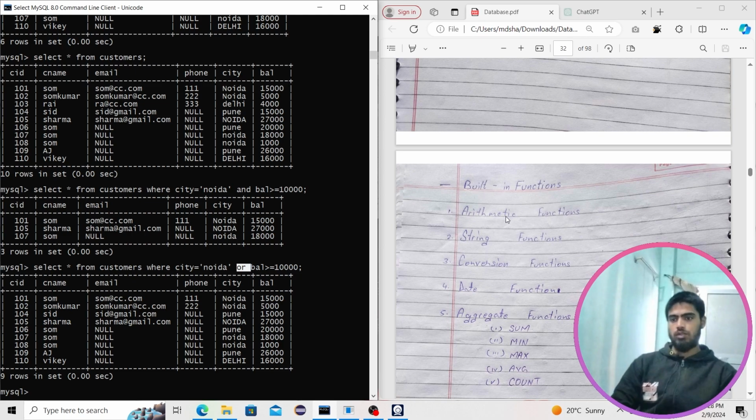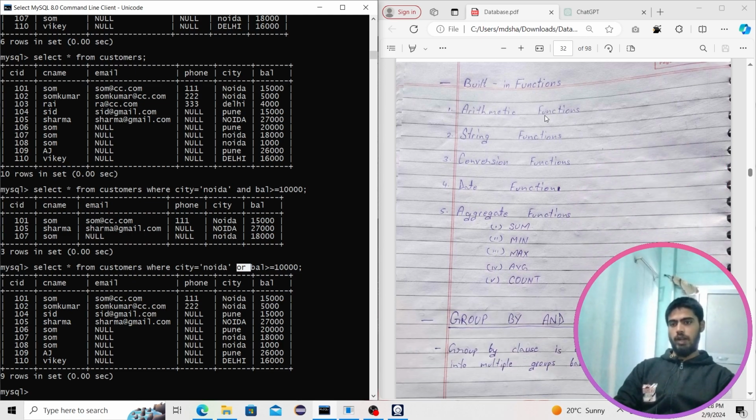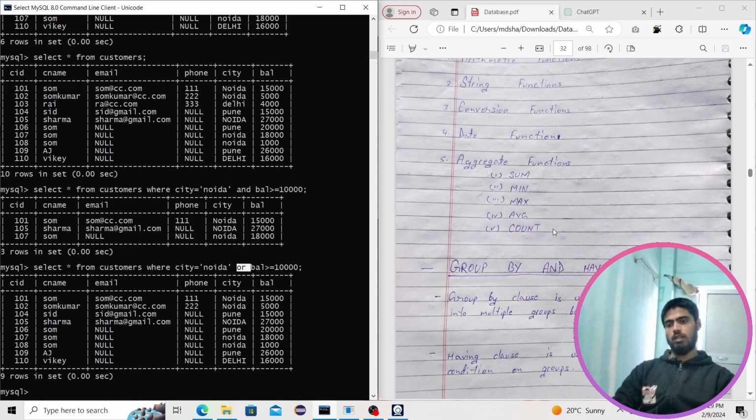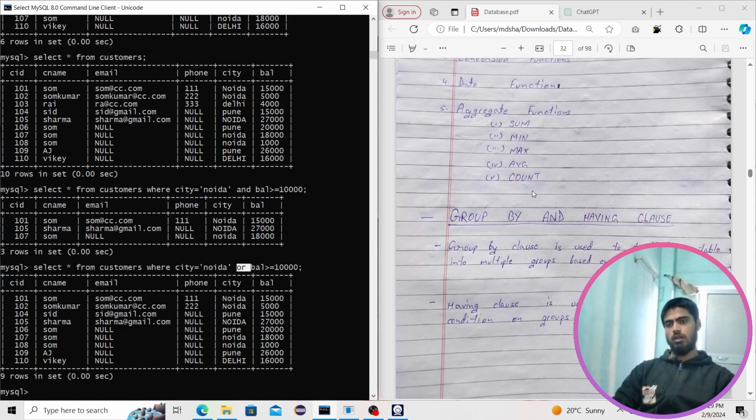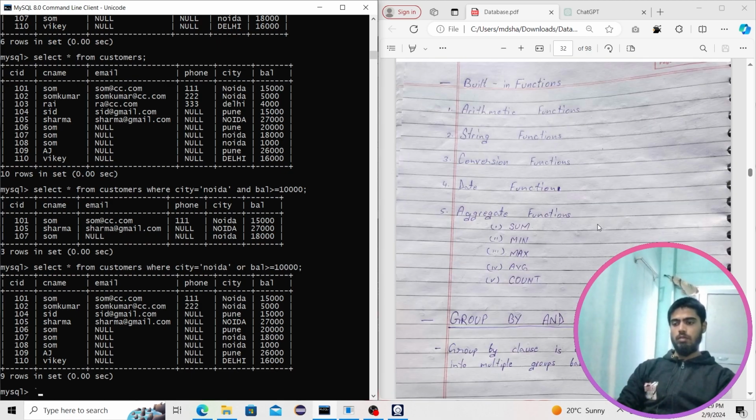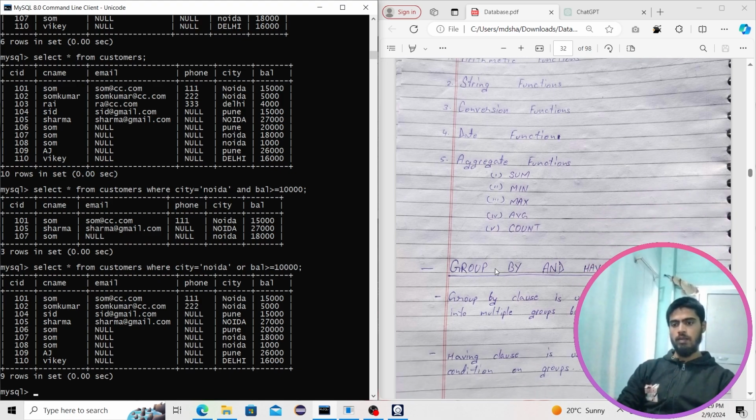Built-in functions: we have arithmetic functions, string functions, conversion functions, date functions, and aggregate functions. We are going to focus more on aggregate functions in this particular tutorial. Before going on to the syntaxes of how to use sum, min, max, average, and count, which are aggregate functions, let's understand group by